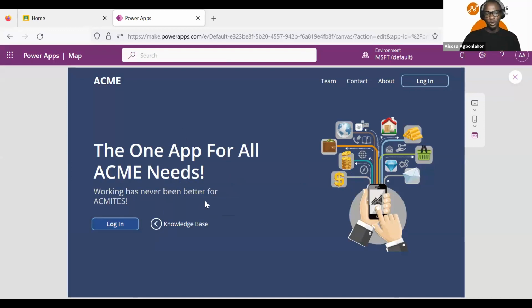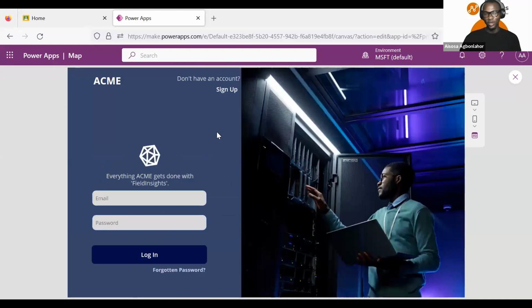So this is the login screen. We have the sign up, you have an account, the basic things you see in some applications, and then you can sign in here. The sign up details are stored in a database which was connected to the application. So you sign in and then the password, I think that was the password I used. Like I said, all these are stored in the database. So once you log in,